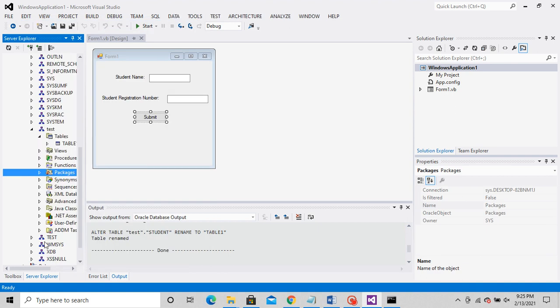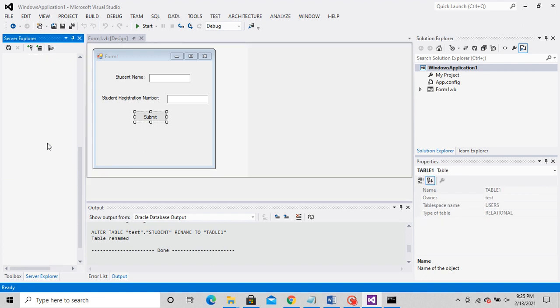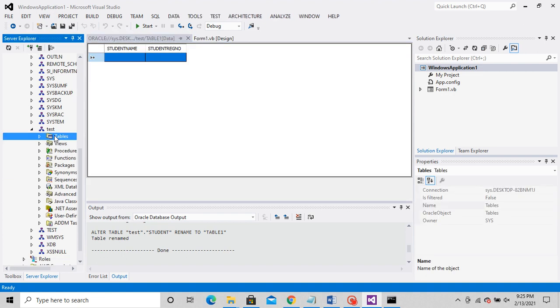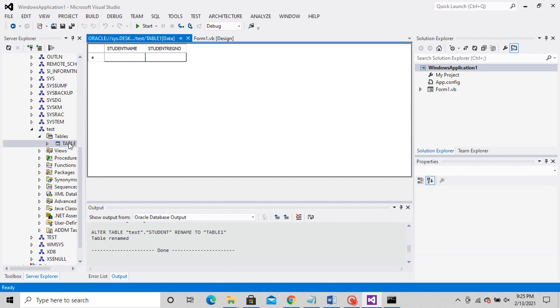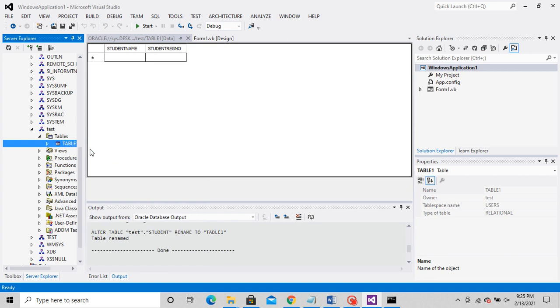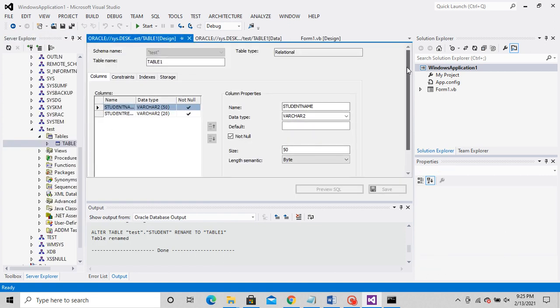To change the table name, go to the design. Open your design view, and now you can change it here.